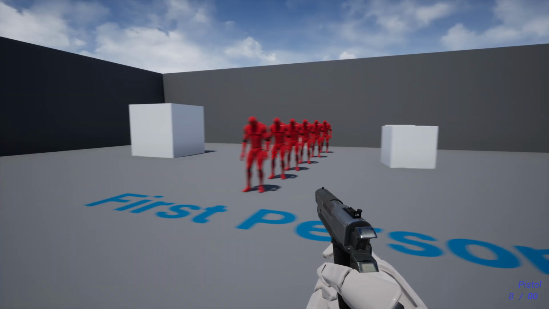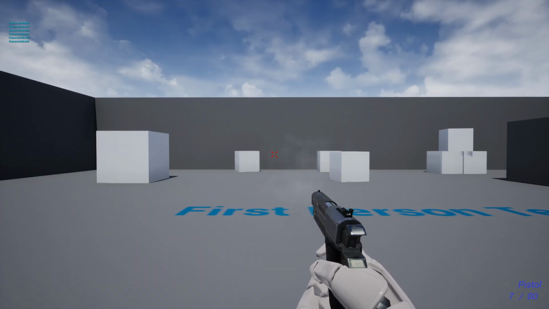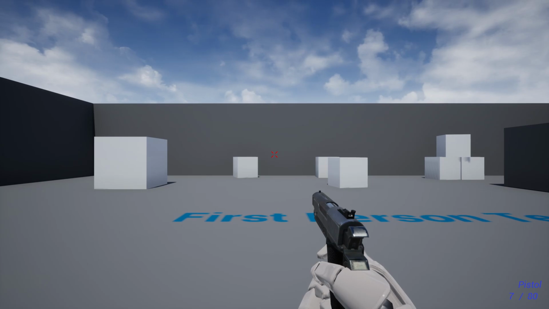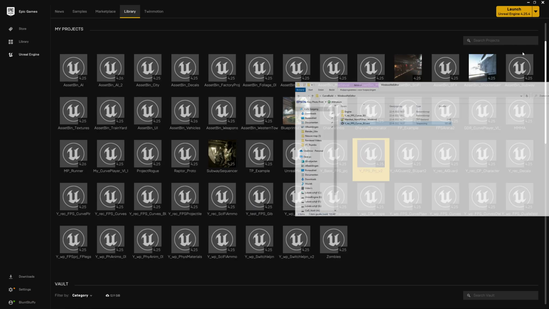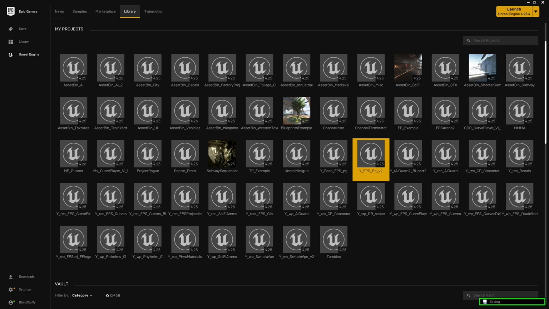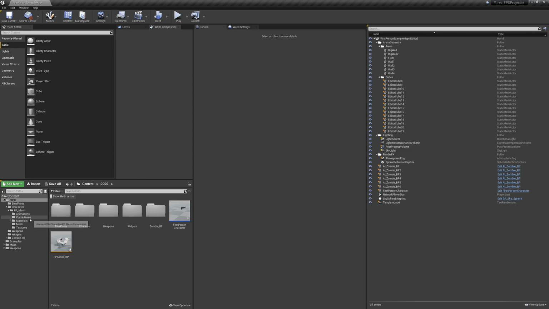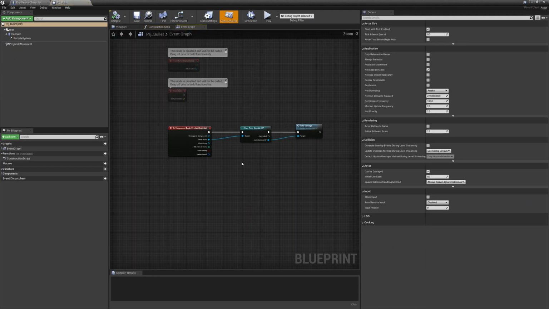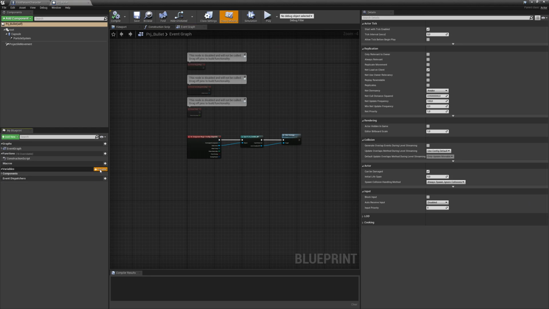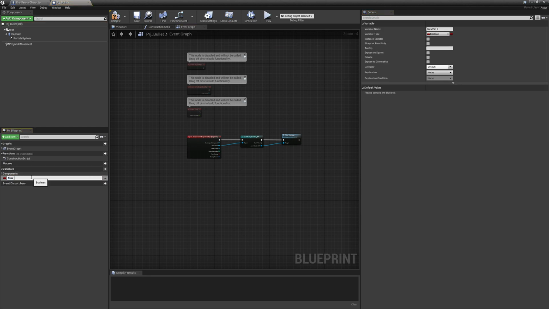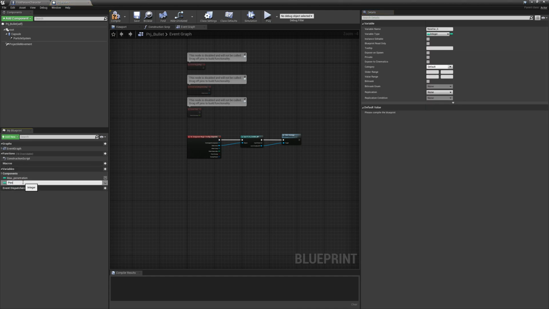So this is the built project, and this actually works as well. As you can see, all of the zombies are being deleted. So the penetration is working, and now we can set it up. We can hook it up to our data table, for example. So if I go to my projectile, I can add a few variables in here. Something like maximum penetration,